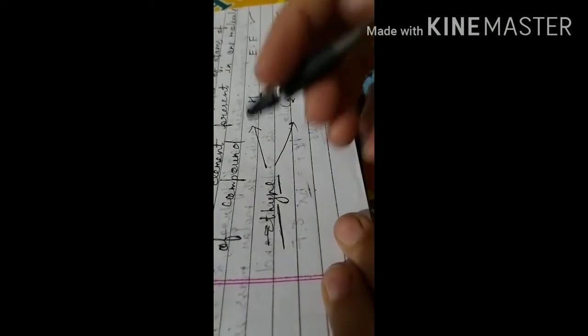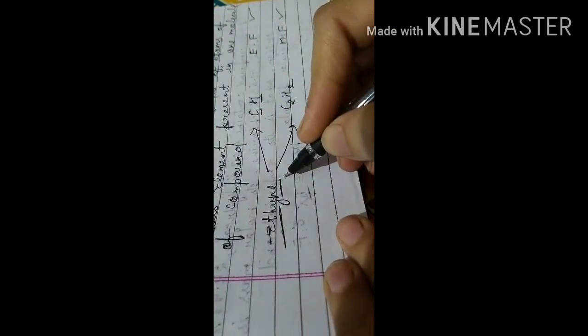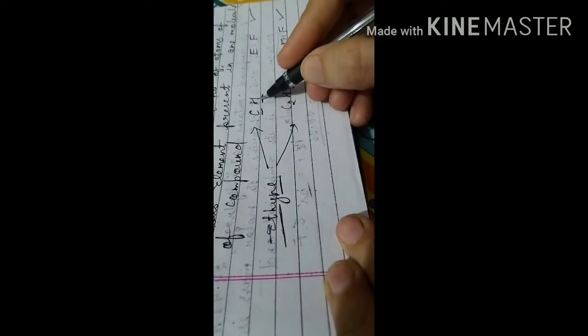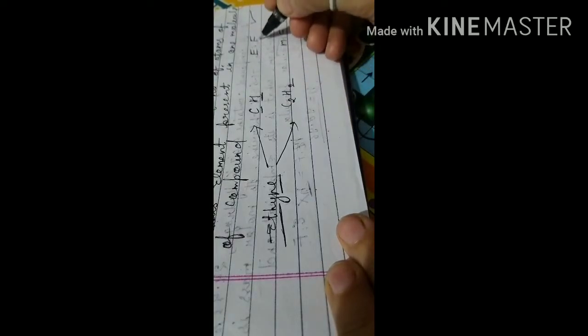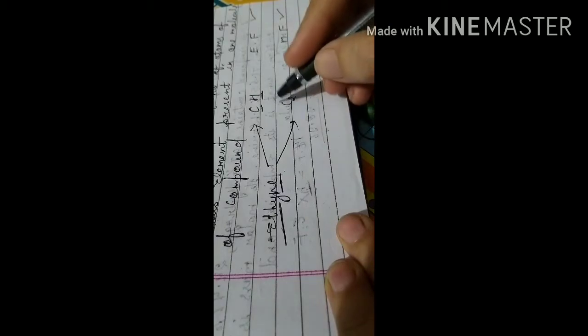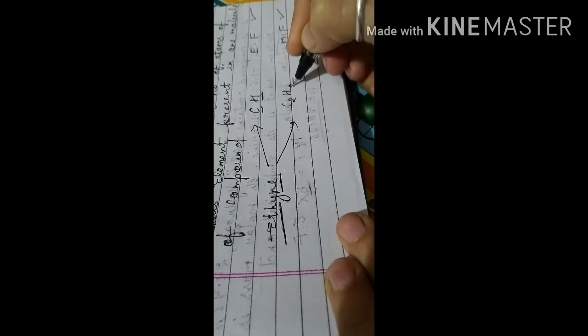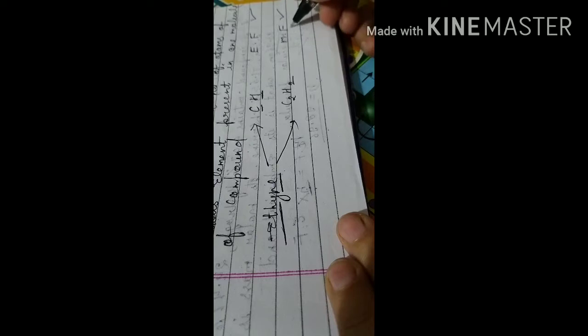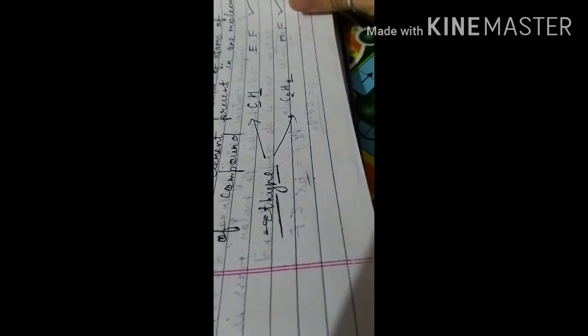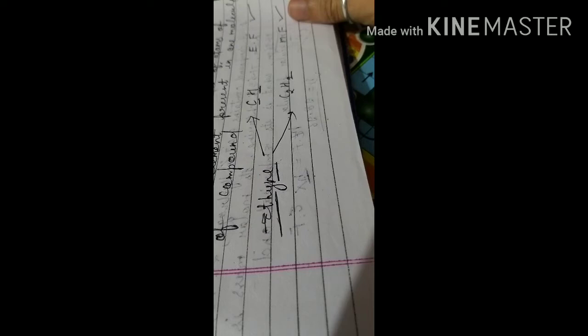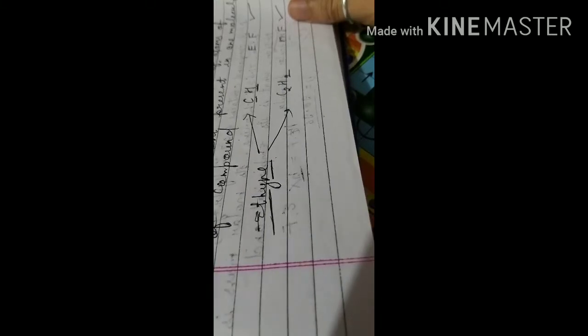Let's take one more example. Ethyne is the name of a gas. If we write CH, the whole number ratio of carbon and hydrogen, this represents the empirical formula. If we multiply by 2, it becomes C2H2. This indicates the actual number of carbon and hydrogen atoms present in this compound, so this is the molecular formula. Okay, so the empirical formula does not tell about the actual number of atoms present in the compound, but the molecular formula does.